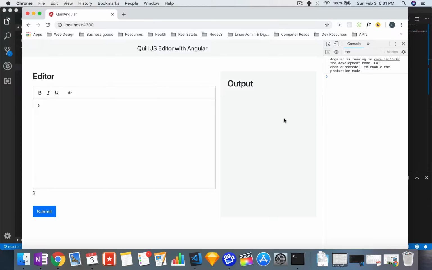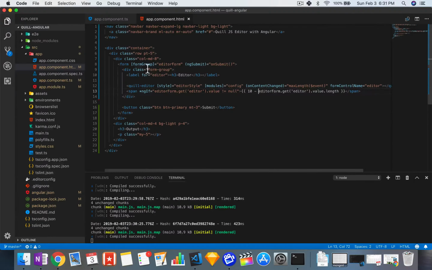Okay, let's work on the last part of this video, which is showing the output and making it actually render as HTML, not show the HTML markup. Does that make sense, right? The way that we're going to do this is we're going to bind to the inner HTML here, and we will have this be